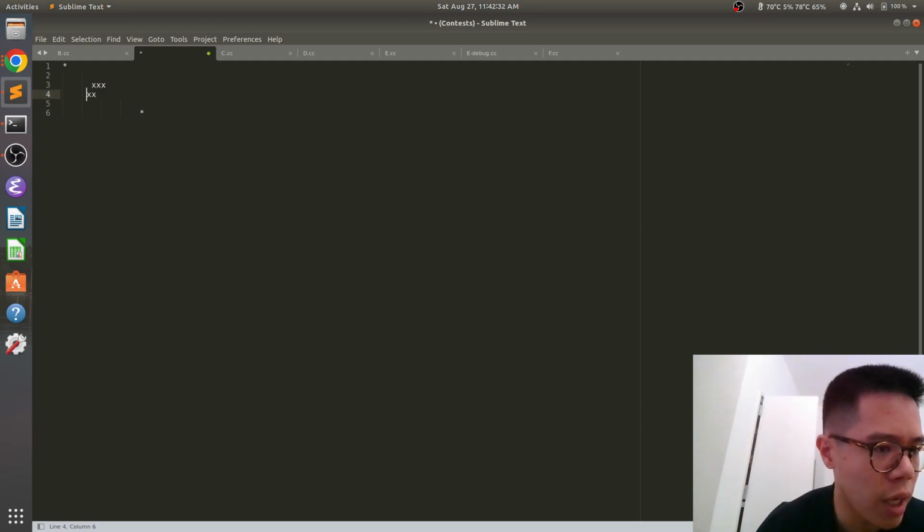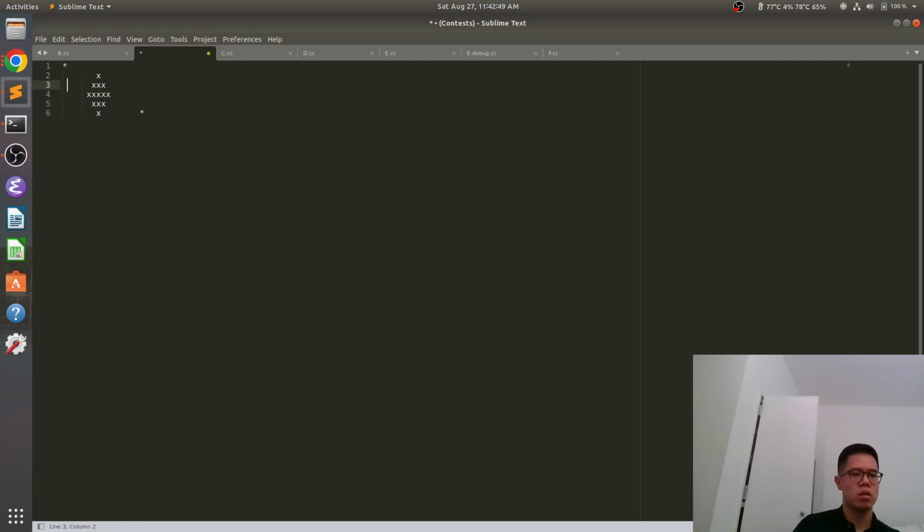Oh no, it's going to delete tabs. And you want to know, is there some path from here to here that doesn't touch any of these x's? And if so, what is the shortest path? So